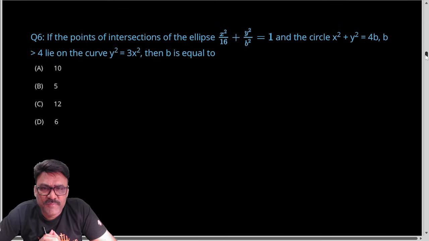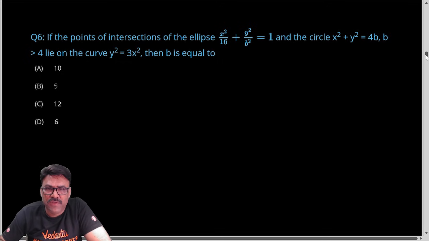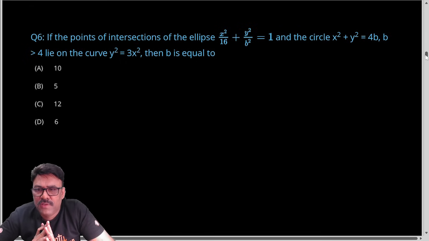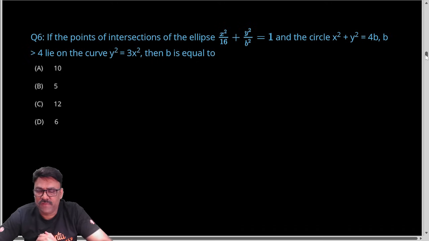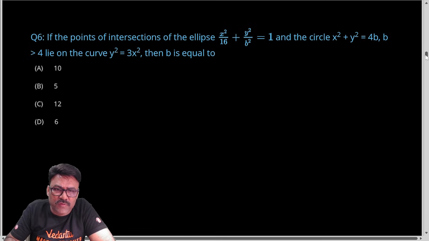Let's see this question now. This is based on ellipse and circle. What they are saying here is that the point of intersection of this ellipse and the circle lies on this curve. So basically the ellipse, the circle, and this curve y square is equal to 3x square are all intersecting at the same point. The point of intersection of any two will be the same, whether you take the ellipse and circle or the ellipse and this pair of lines, y square is equal to 3x square. So let's solve